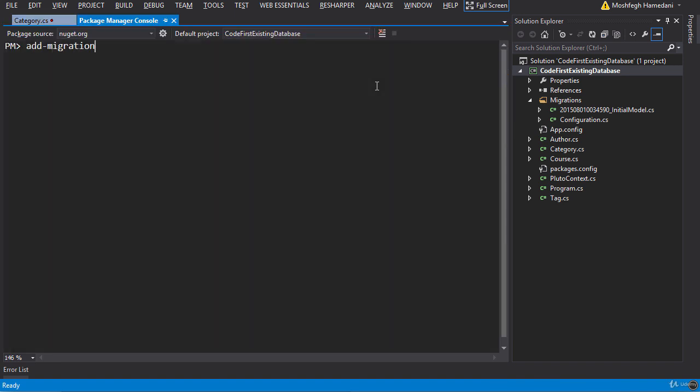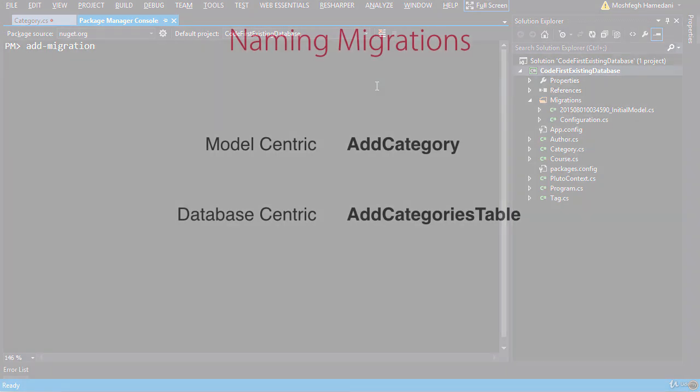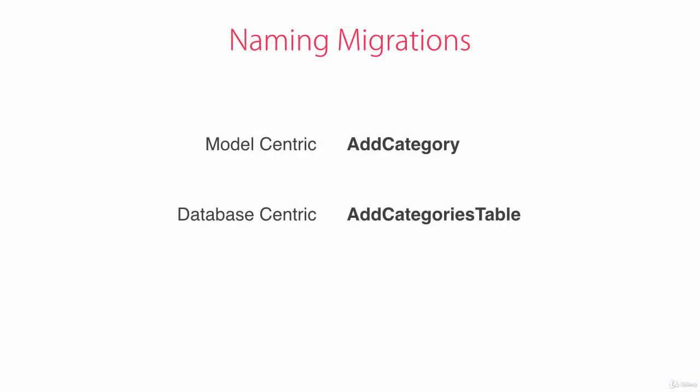So add migration. Now here we need to give it a name. We have two choices here. We can use a model-centric name or a database-centric name. A model-centric name is like add category, whereas a database-centric name is like add categories table. Which one is better? I personally started with model-centric names, but with experience, I realized that database-centric names are a